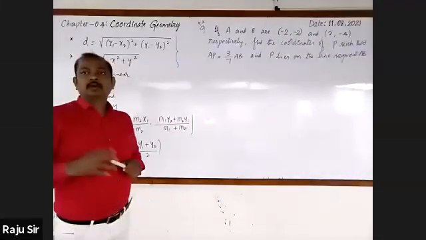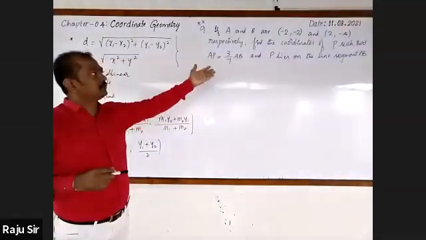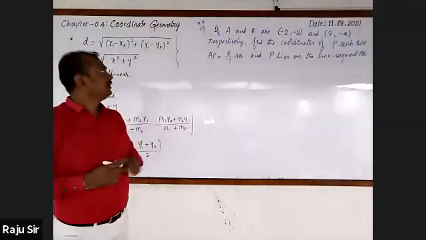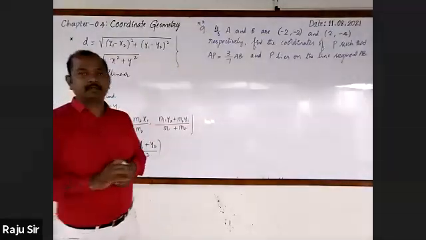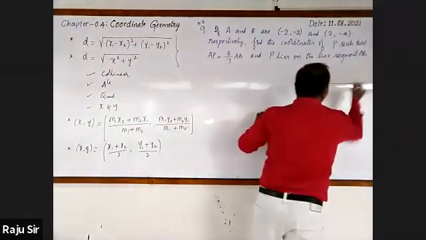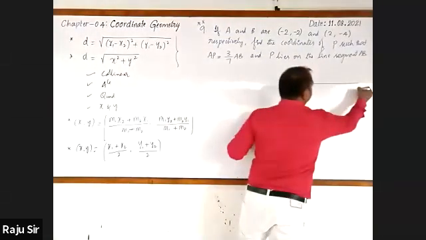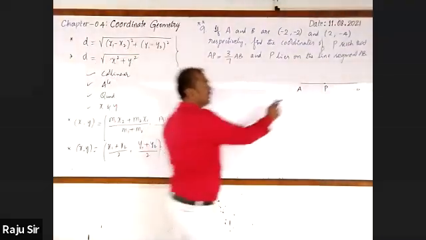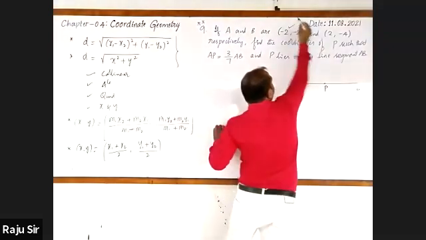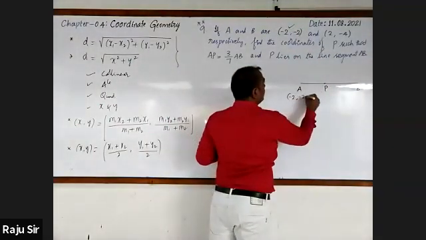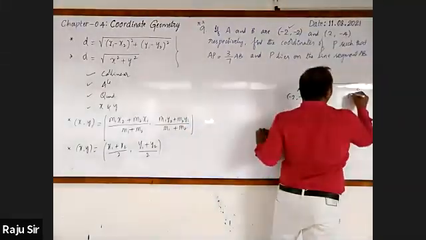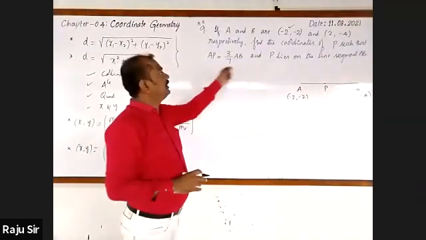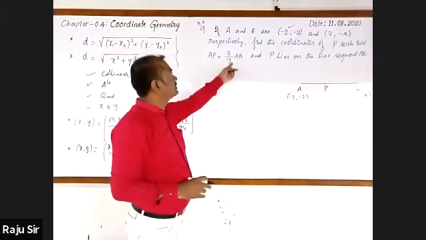Now let me give you a hint with respect to this statement with a rough diagram. Just observe it. Stop writing. It has been given that AB is a line segment, so let me draw that. AB is a line segment, and there is a point P on the line AB. We know the coordinates of both A and B. See, A is (-2, -2), and B is (2, -4). Then find the coordinates of P such that AP equals 3/7 AB.